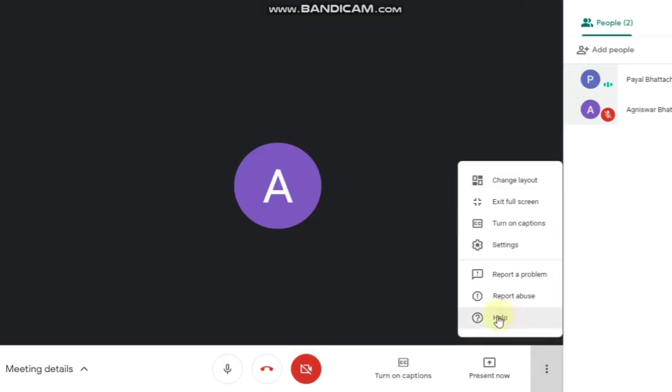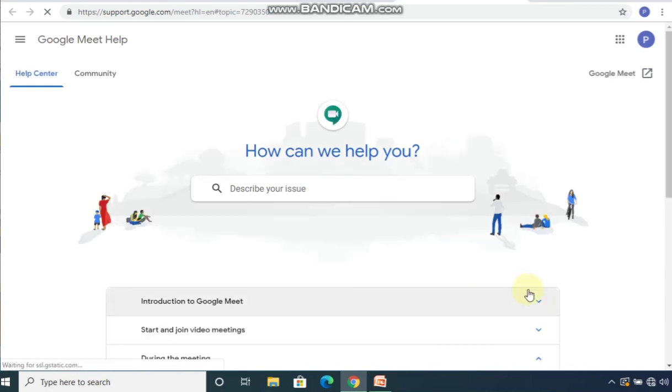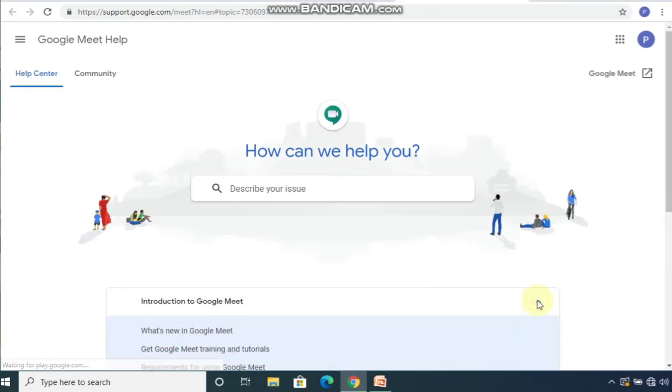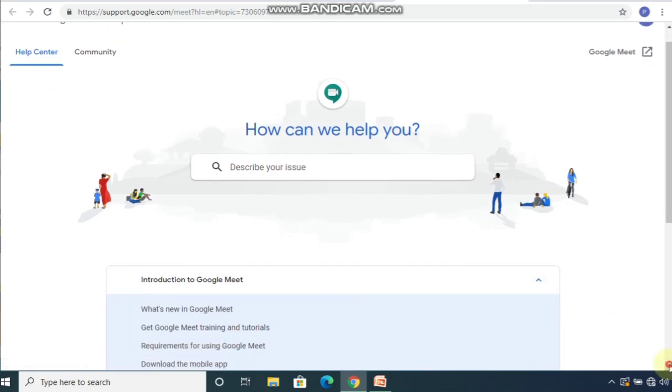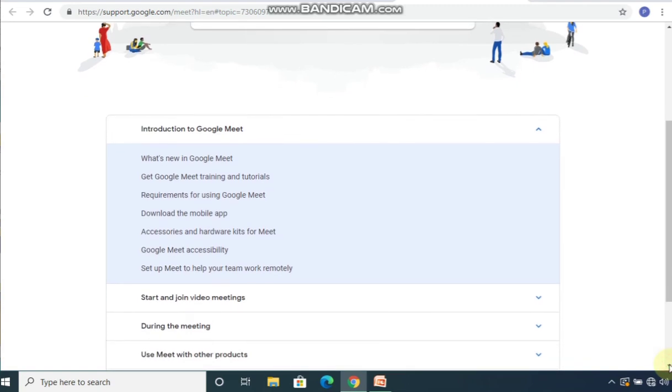And finally you have help. This will also take you to the browser, which will open, and it will take you to the Google Meet help section, where you will get multiple help issues, whatever you need. The Google Meet community will give you those. It will tell you about how you can work with Google Meet. Different types of options are there. If you click on any of these, it is a tutorial kind of a thing which you will get. I don't want to go into the details of this. So let me close this particular help.